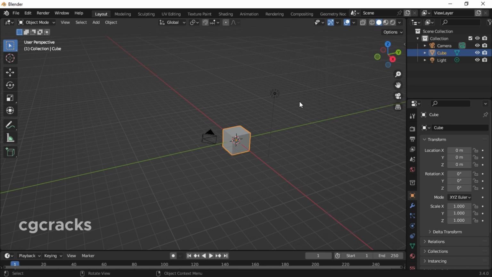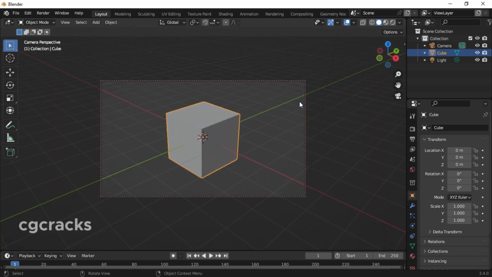So press N to hide the options, and press numpad 0 to see that we have our cube or object right in front of the camera. So this is how to fix this